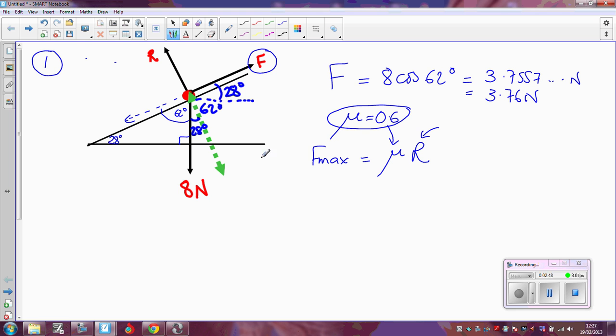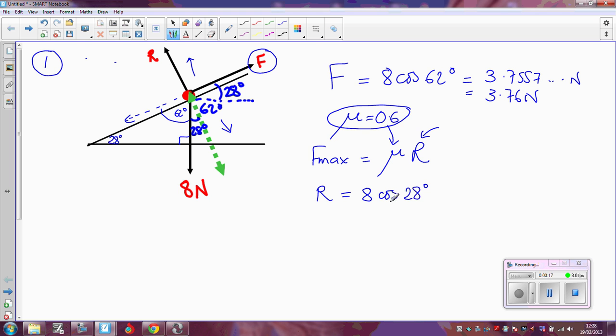And I'm going to use the fact that the particle is in equilibrium. In other words, the forces which are tending to make it move away from the slope are exactly equal to the forces which are tending to make it move towards the slope. Acting away from the slope then is just R, no other forces acting. F I can ignore because I'm looking in this direction and F is at right angles to that, but R must equal the component of the weight which is acting in this direction, and that's going to be 8 cos